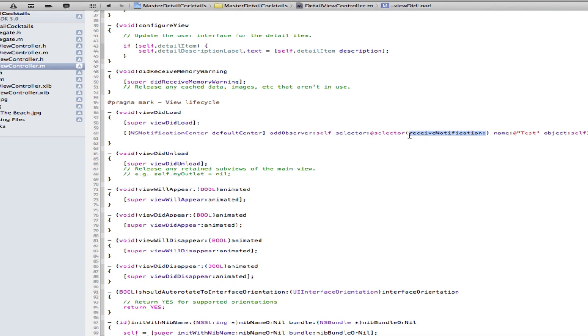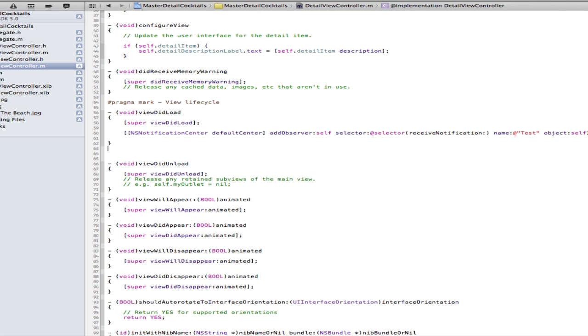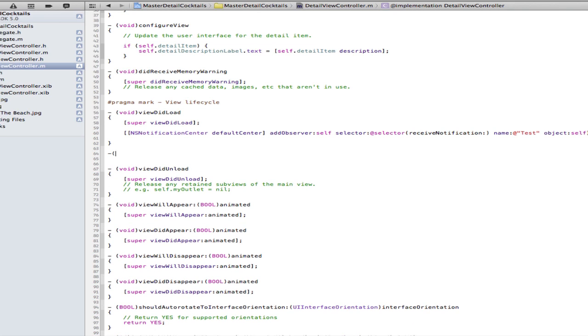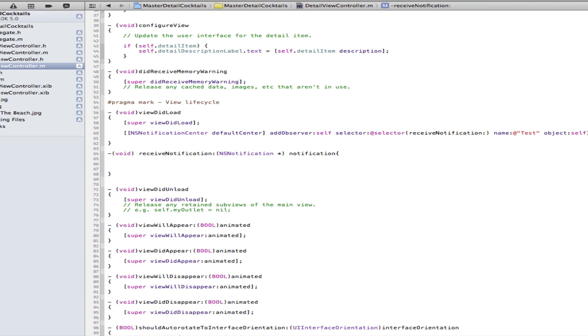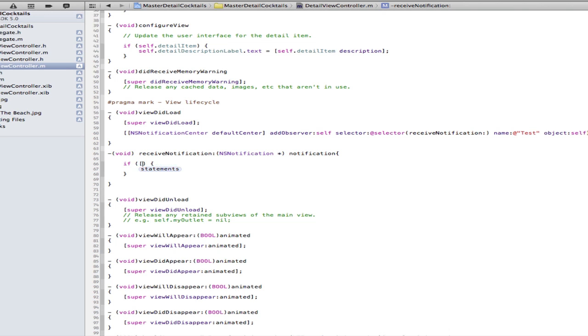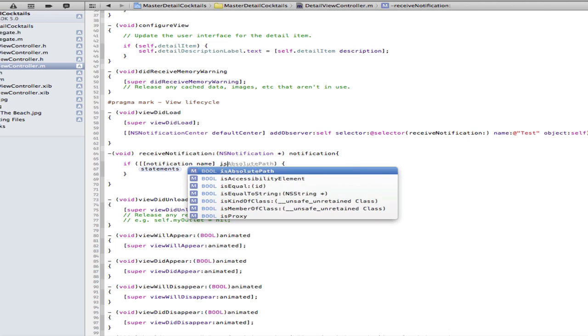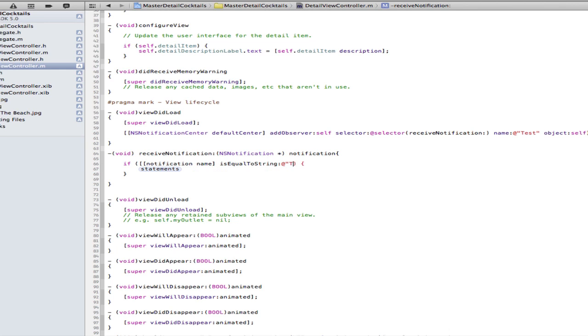Okay, and we're going to make this method very quickly. Void, notification, NSNotification. Okay, so this is an if statement to see if it is what we want it to happen. If notification name is equal to string test, then